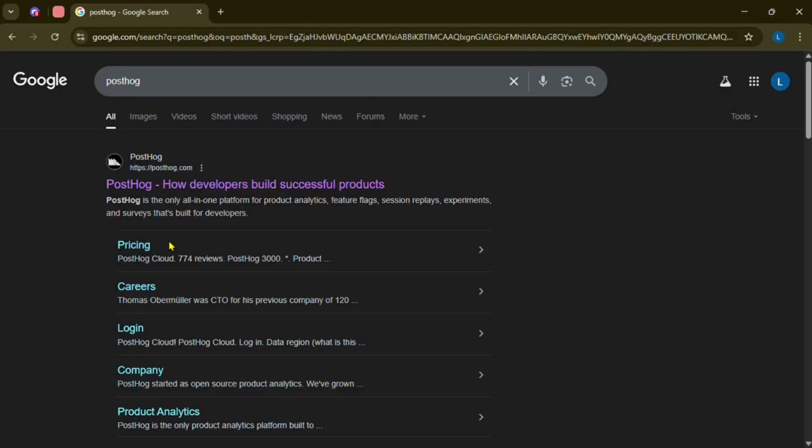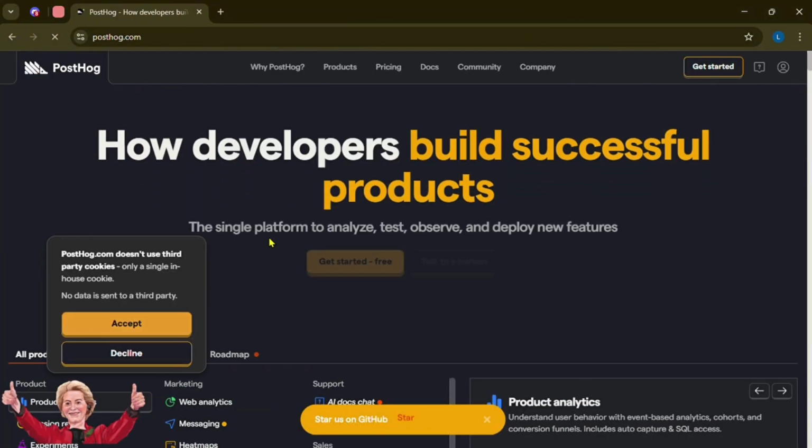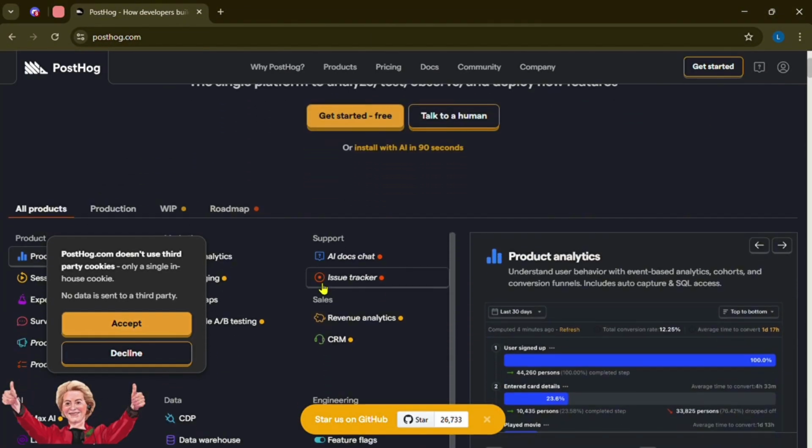Should you actually use PostHog? This video is a full review of PostHog, so to answer that question: if you're building a product and want full control over user analytics, then PostHog might be exactly what you